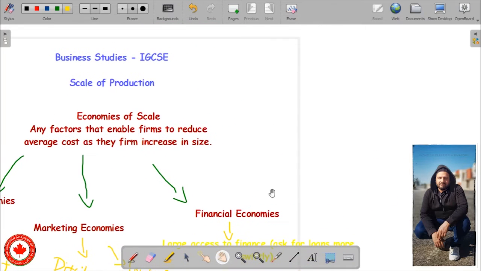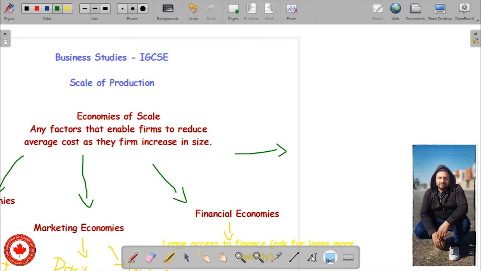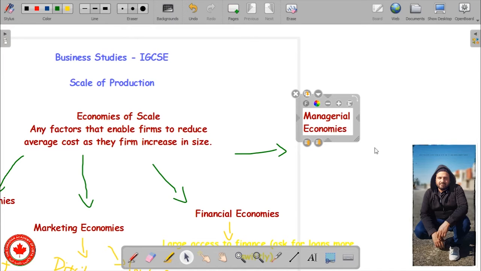Let's talk about the fourth economy of scale, number four. We'll talk about the technological, or let's first talk about the managerial economies. It's called managerial economies. Managerial economies talk about the concept of